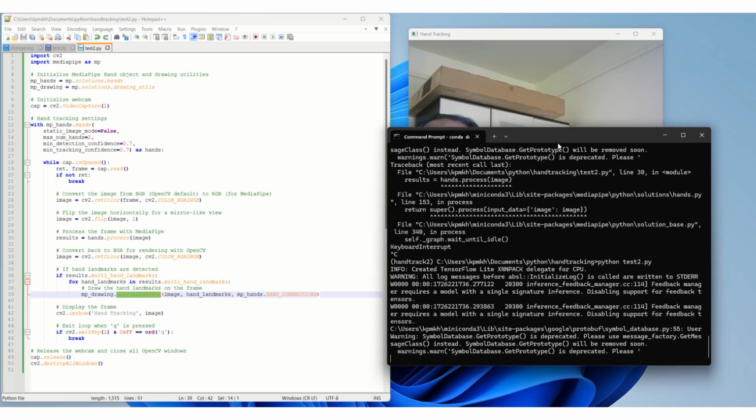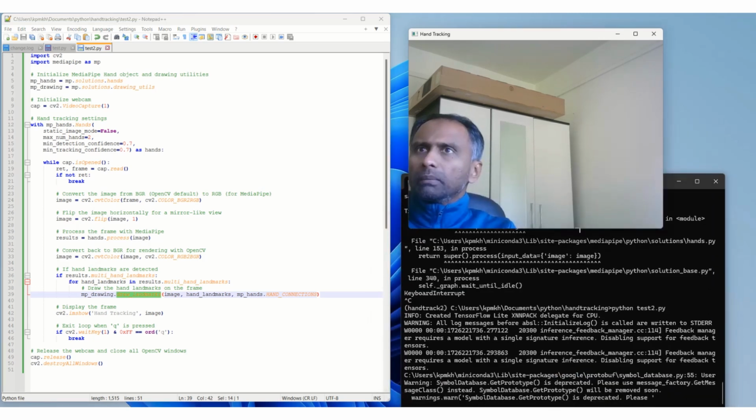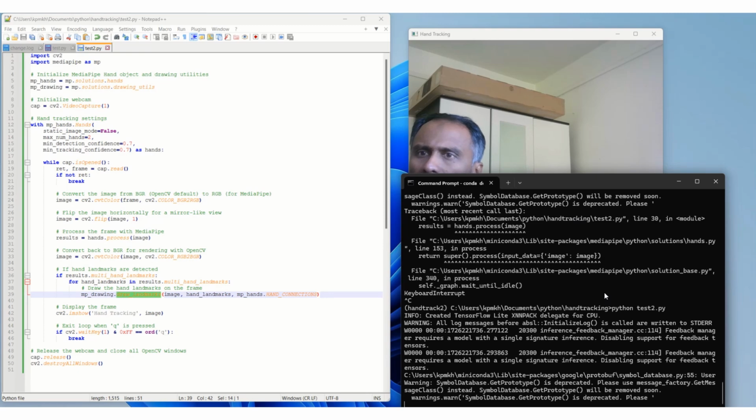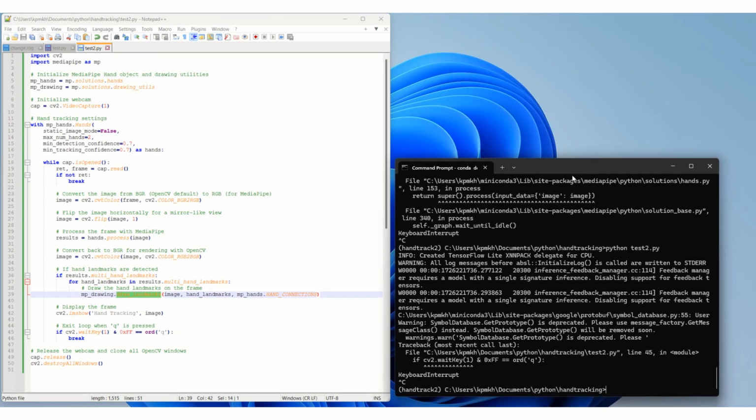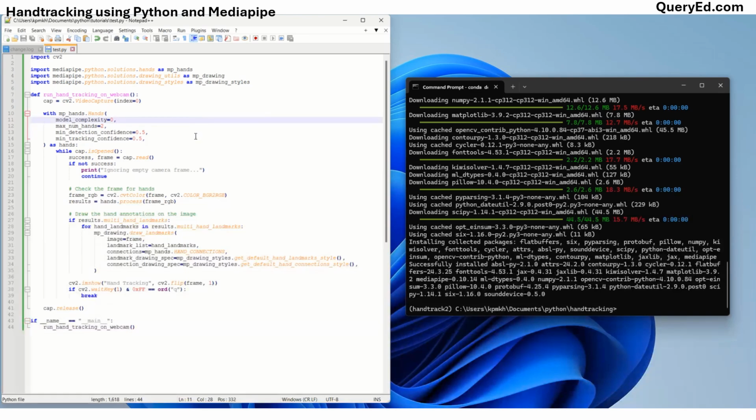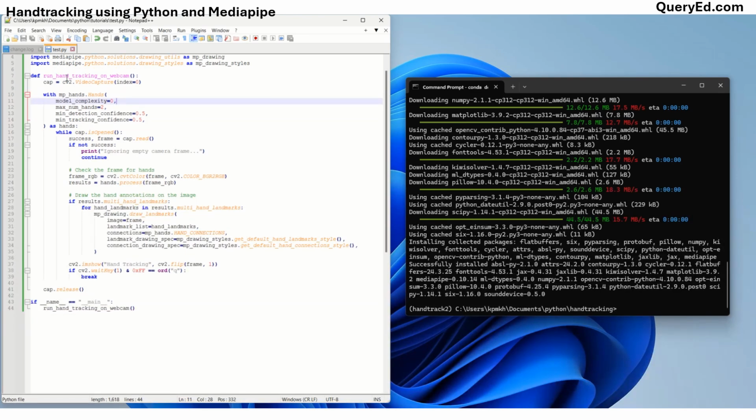To close this application, we have not programmed much for closing. You can just press Control C, which will kill the application, and then you come out of it. So this is a very simple example of Python programming, and it's also exciting to track the hands. This is a simple code for a hand tracking algorithm. It has a function, and